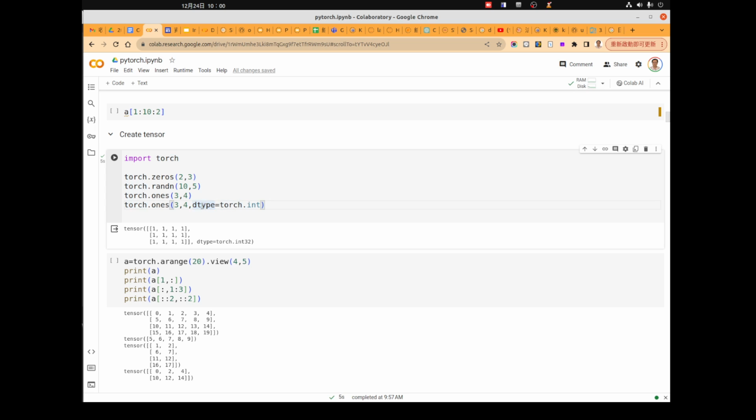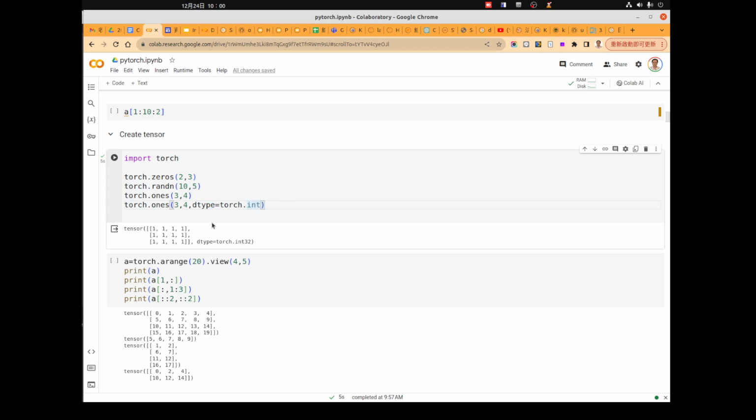Here we will load an argument dtype, which is the type torch.int. It means that all the elements in this array will be integers.